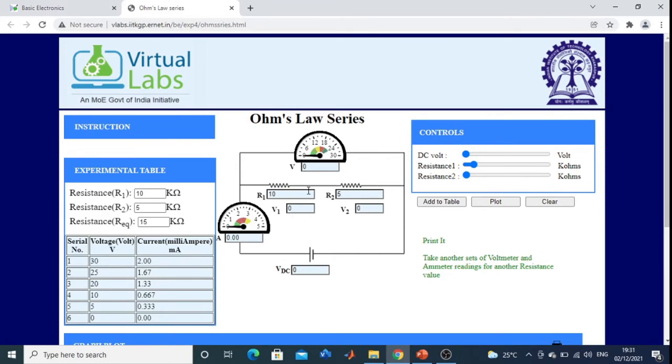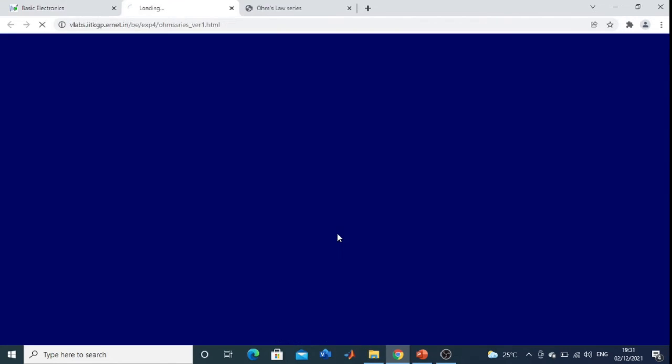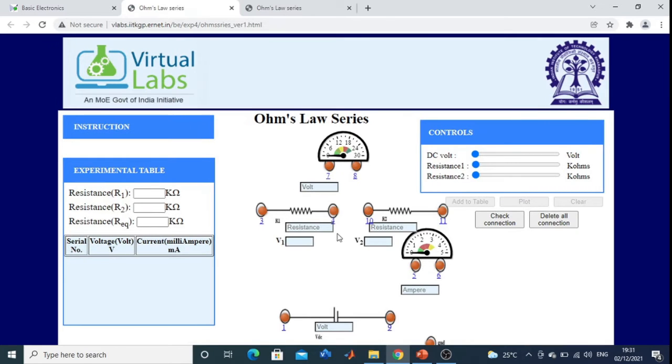So this is the Ohm's law, two resistance in series. Now we will see Ohm's law for resistance in series, how to draw the circuit. This is the circuit.